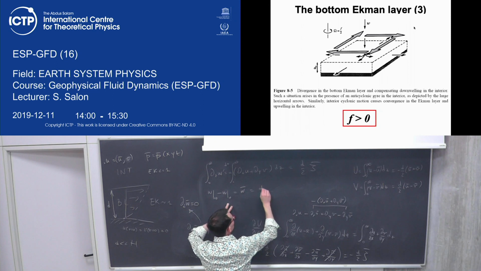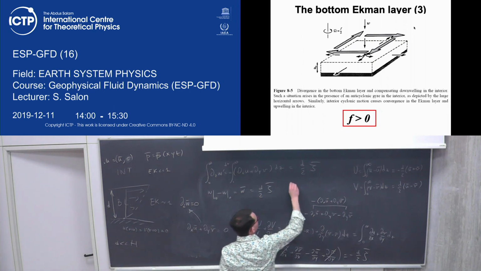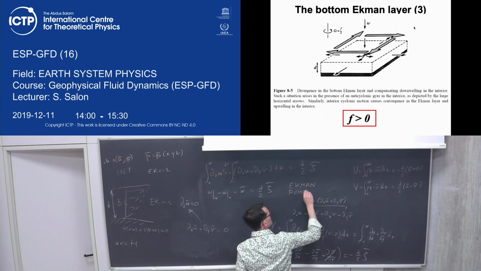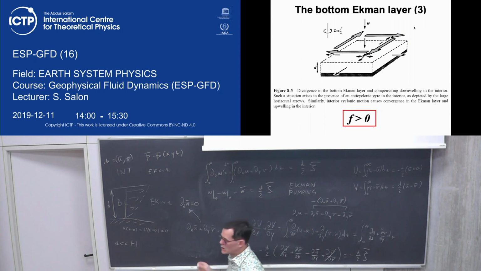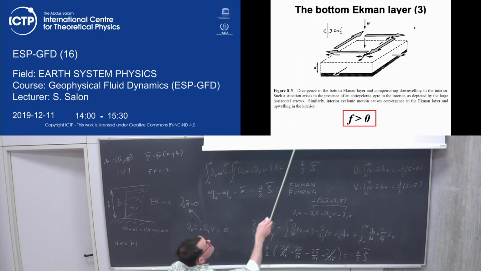So we have a vertical velocity. The vertical velocity in the interior is called Ekman pumping. Some also use suction. It depends on the sign of the velocity. It means that the vertical velocity has the same sign as the vorticity. So in this case, we have vorticity which is negative, and vertical velocity which is negative, which closes the